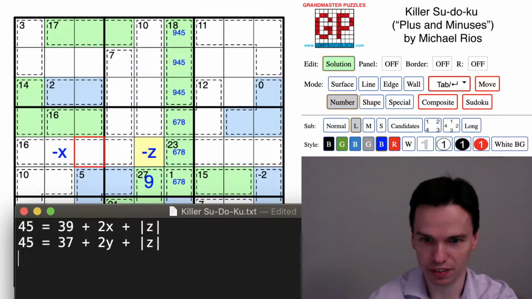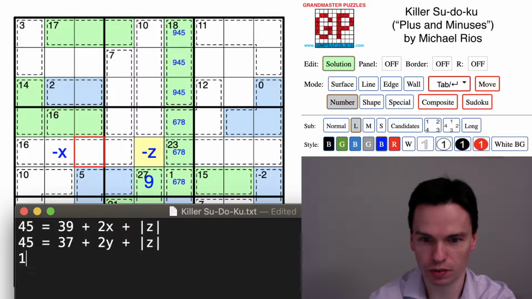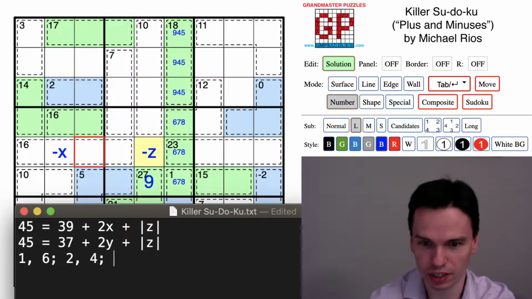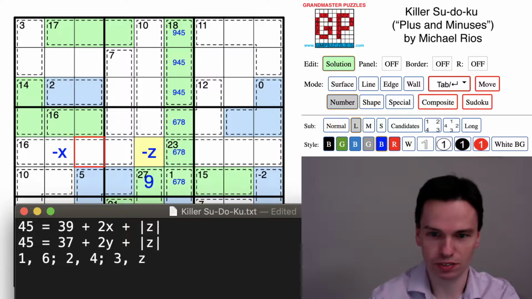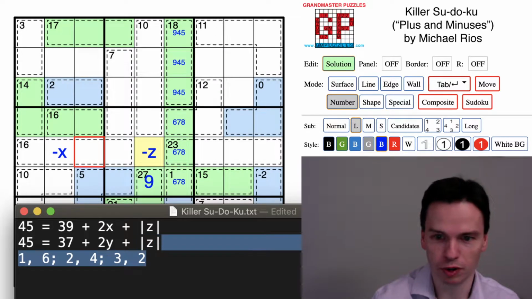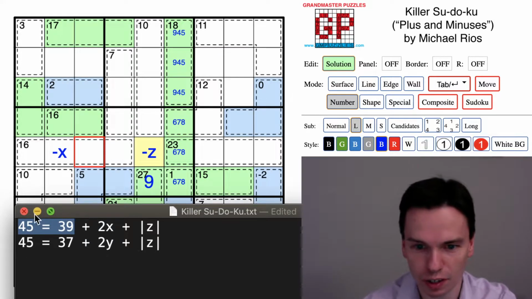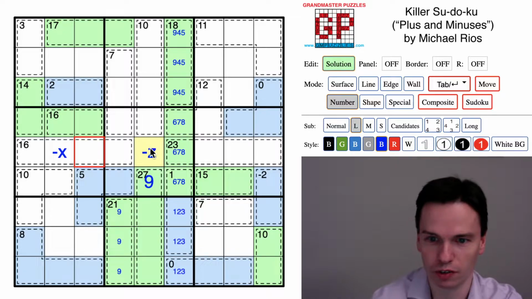And here again, we have a few choices. Y can be 1 or 2 or 3. If y is 1, z is 6, that's okay. If y is 2, z is 4, that's okay. If y is 3, z is 2, that's okay. And so the column isn't as constrained as the row, in part because the row is much closer to the sum of 45. I'm not sure if that was a full way to follow it, but somewhere between algebra class and Sudoku,